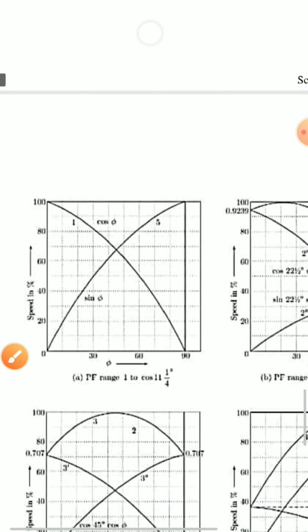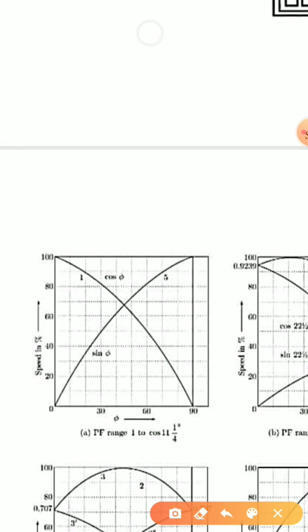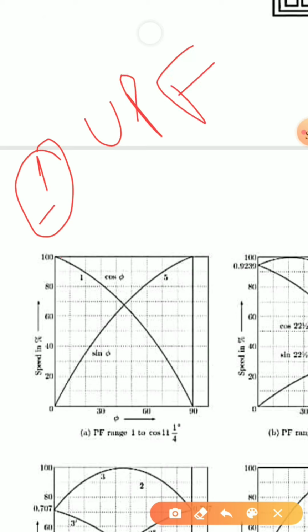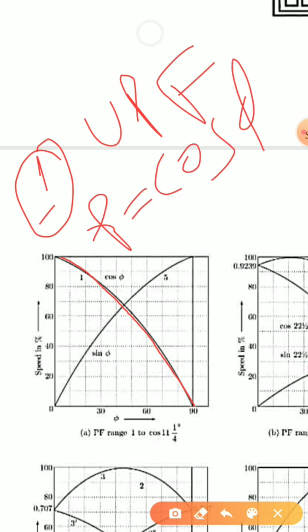The first gear is when the watt hour meter is driving alone at normal speed. That is the first case. If I am having unity power factor, we can see that only my energy meter will work. We know that the energy meter is used for measuring the value of real power, so it will have some relation with cos phi.